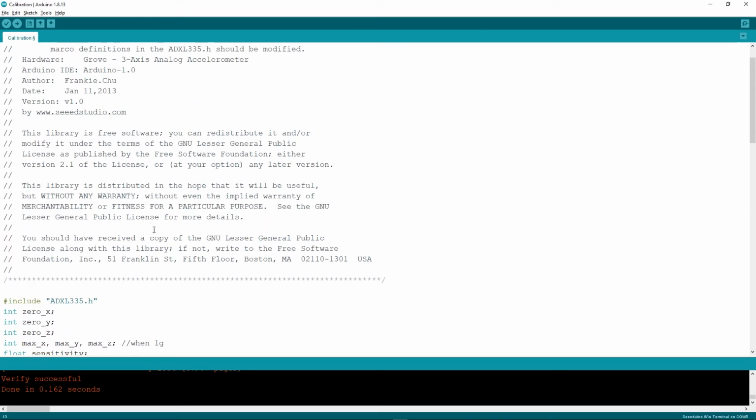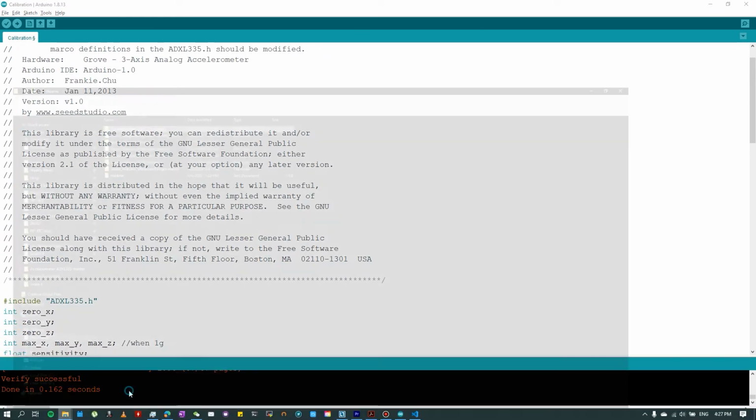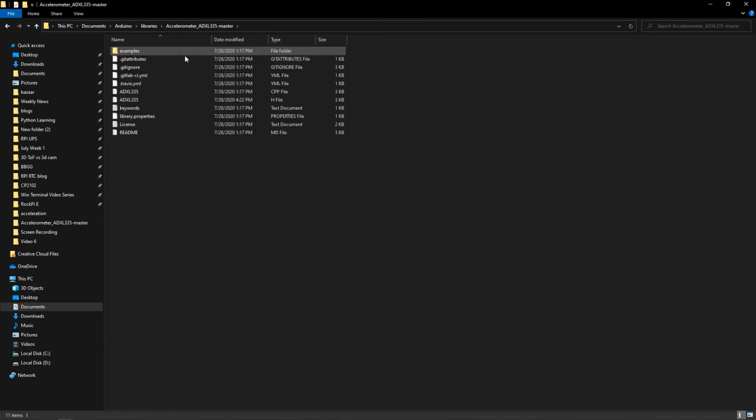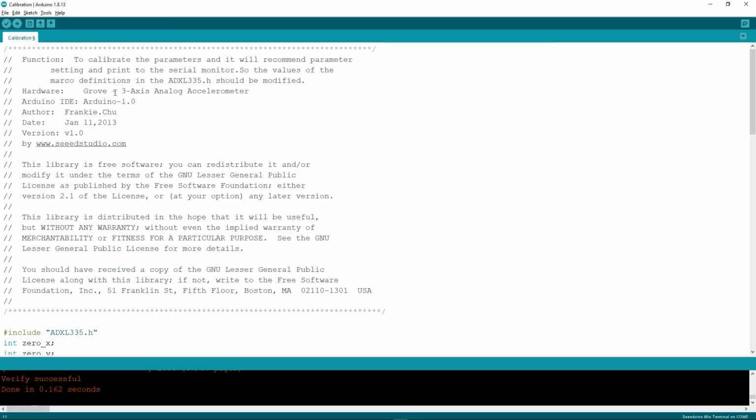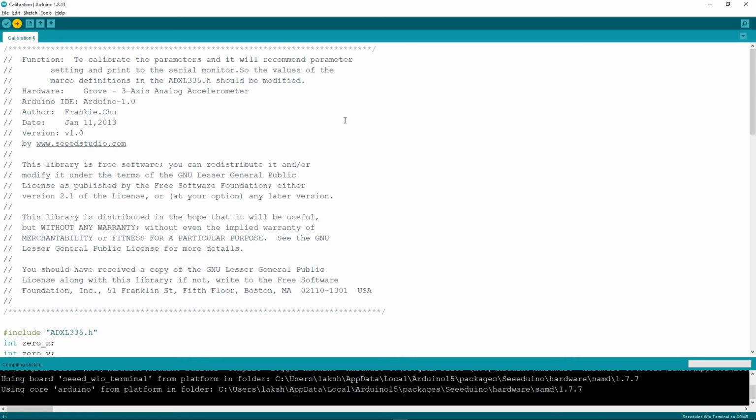Before starting calibration, you need to visit the accelerometer library and then go to the ADXL335.h library file, and then from there change this ADC REF to 3.3 because here we are using the Wio Terminal and the Wio Terminal only handles 3.3 volts. Here it's set to 5 by default because 5 volt is for Arduino boards. After that's set, go ahead and upload this code to the board.